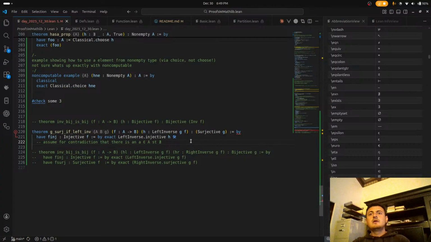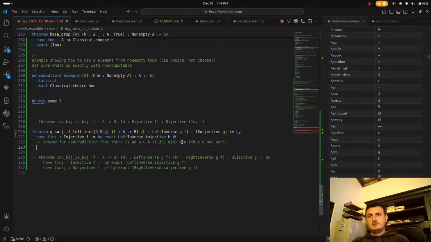EXN a B, G of B. That's not G, not surjective. Then